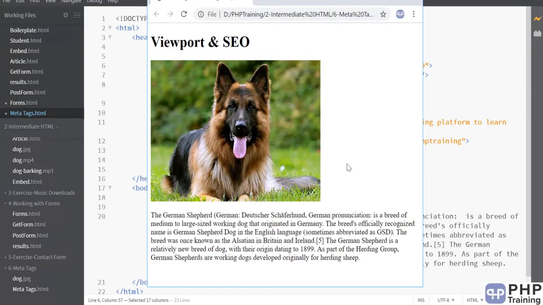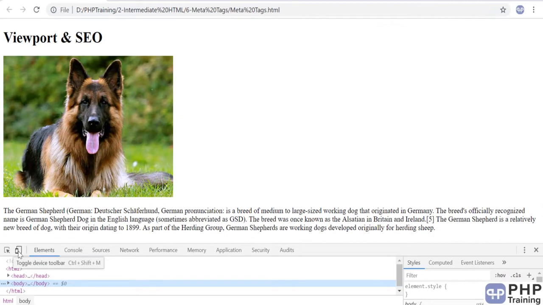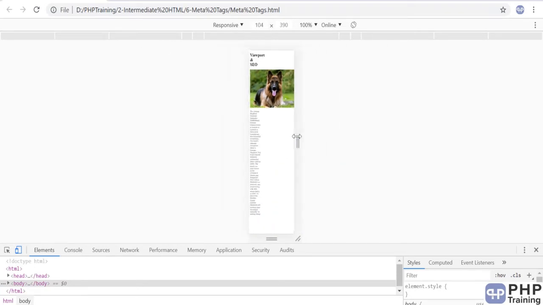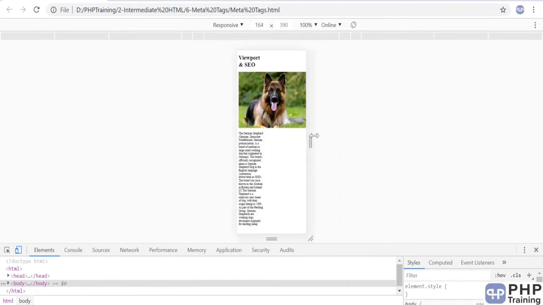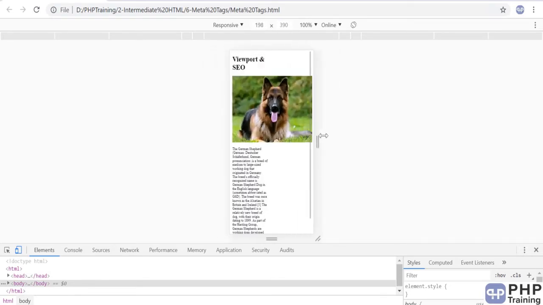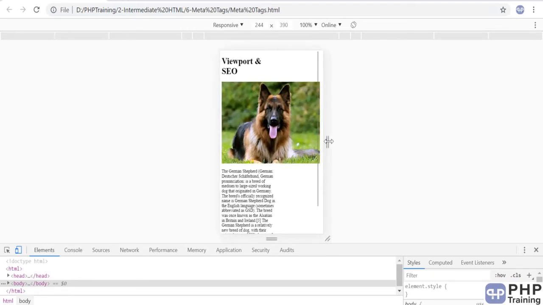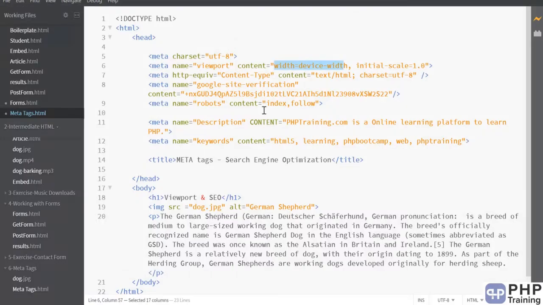If you don't do it, then whatever width you specify will be static and will not change. That means someone has to scroll the page inside the devices as well. So let's look into it. Let's do an inspect. You click on this button, toggle device toolbar, and then you get this responsive mode. If you see the way it is sizing, the image is resizing to whatever size I choose for that page. It is resizing because I said please resize to the device width. If I remove that tag,